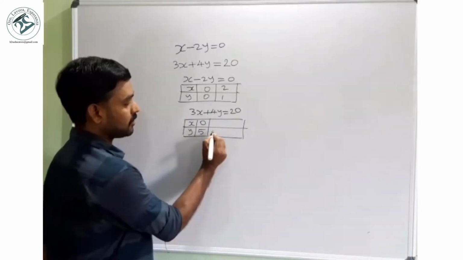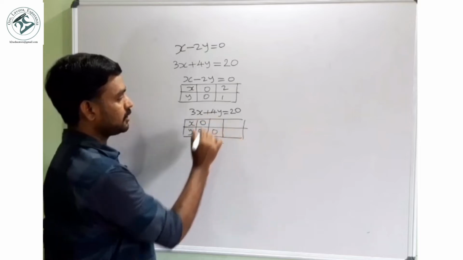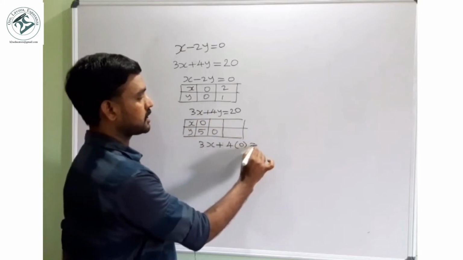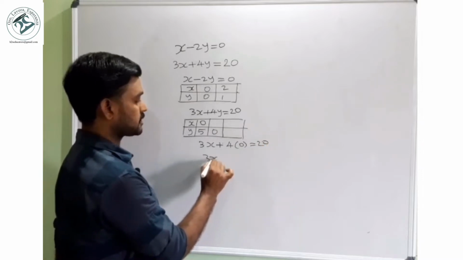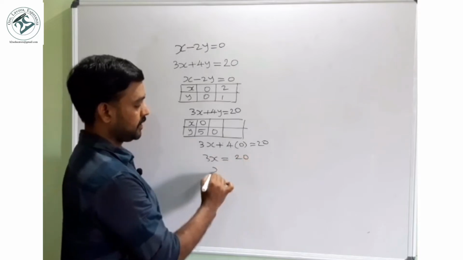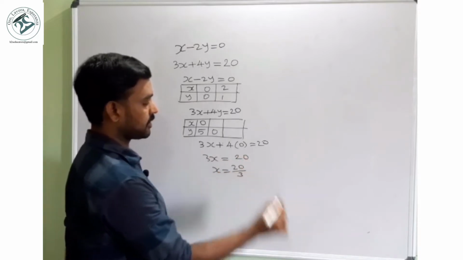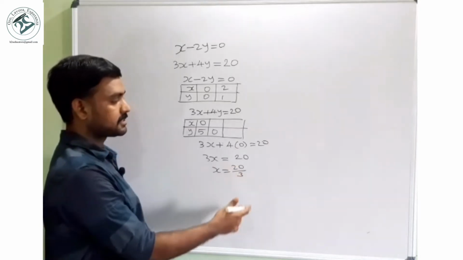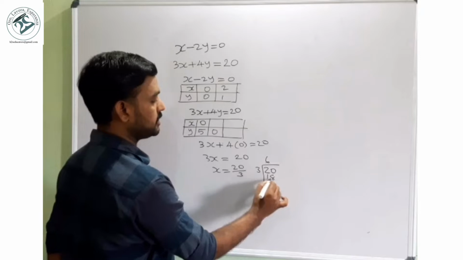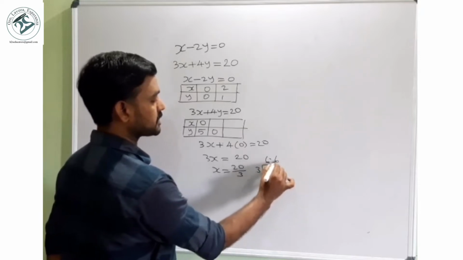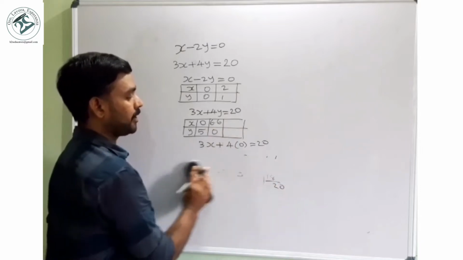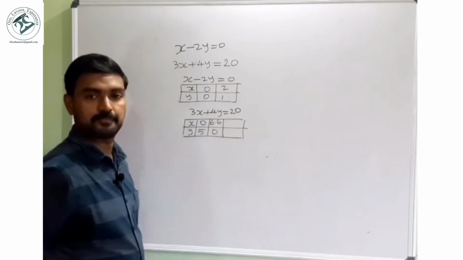Similarly, we can insert y is equal to 0. So what will happen? y is equal to 0 means this equation becomes 3x plus 4 into 0 is equal to 20. 4 into 0 is 0. So 3x is equal to 20. x is equal to 20 by 3. So we can divide this. 20 divided by 3: 6 3s are 18. Again it will be continued. So 6.6 etc. So we can give here 6.6. Here we got a decimal point. So we can find one more value.